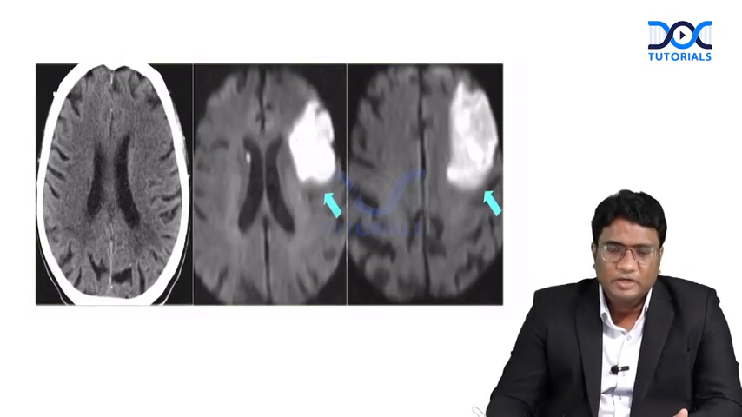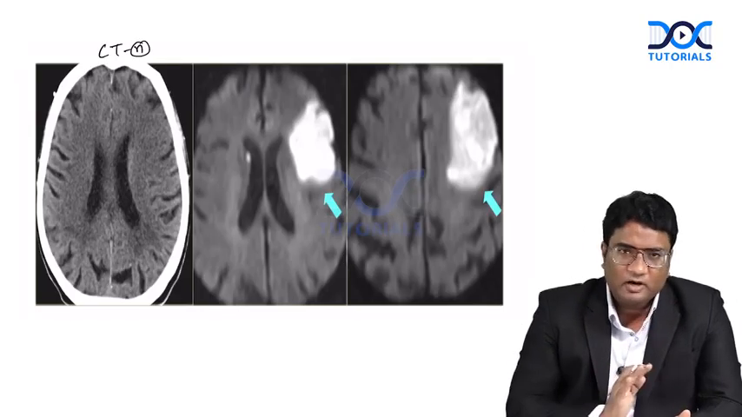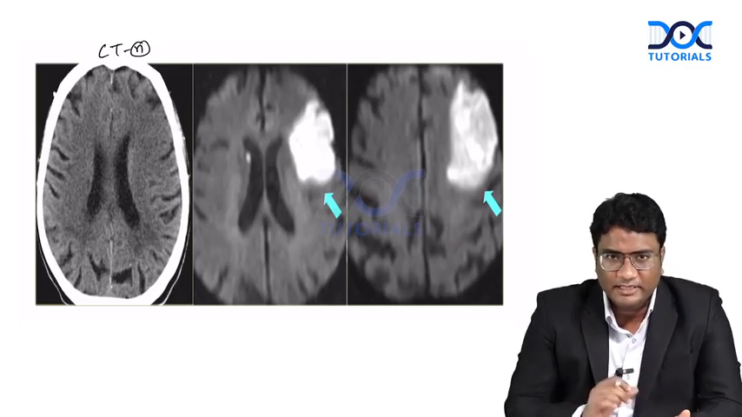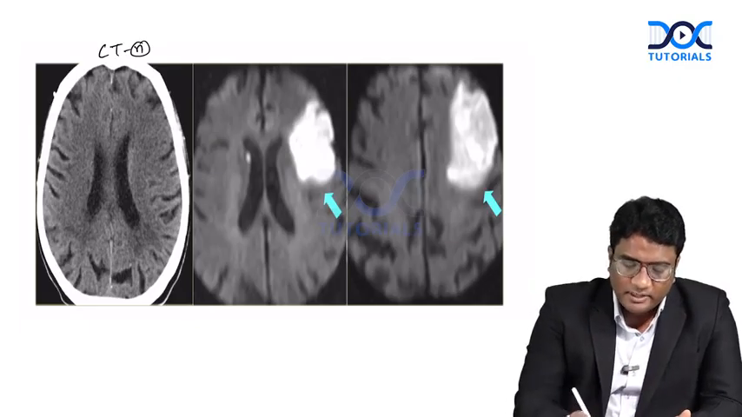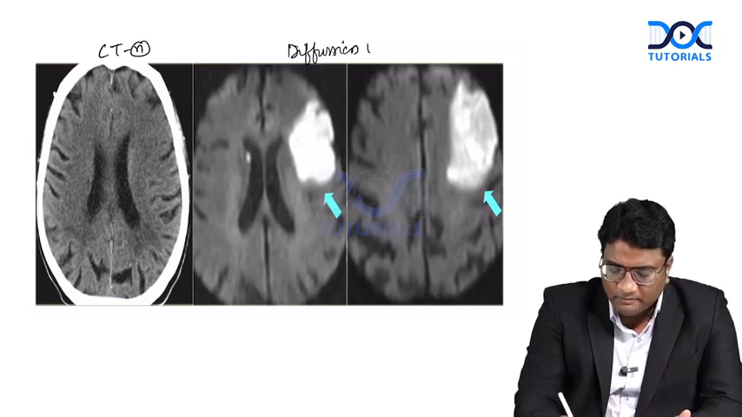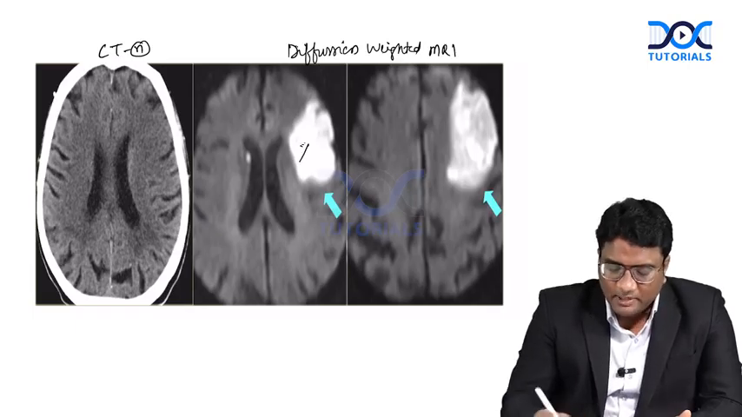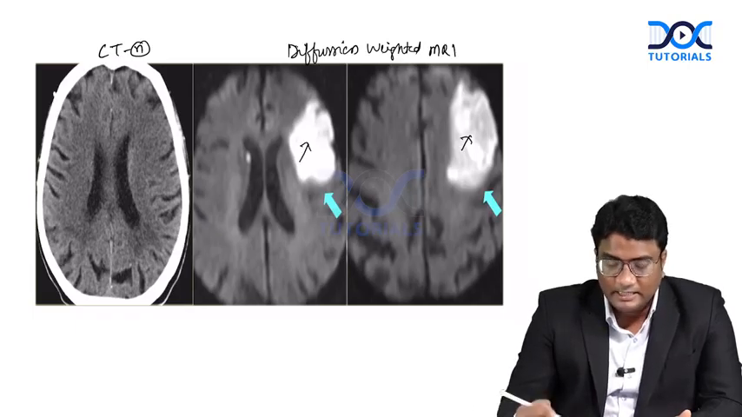Now look at this image. This is a case of right side hemiplegia. And you look at the CT scan, it is completely normal. I don't see any hemorrhage, I don't see any infarction. But when I do a diffusion weighted MRI, a special sequence of MRI we advise to our patients, you are seeing that there is a light bulb like shiny bright area in the left MCA